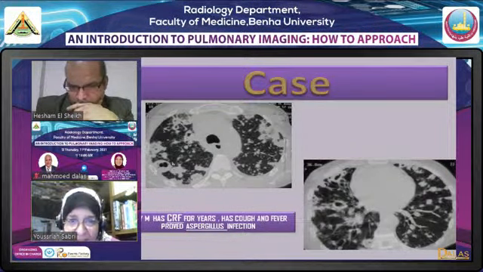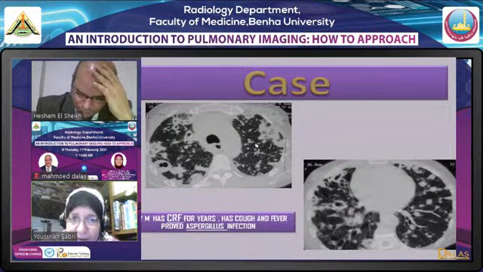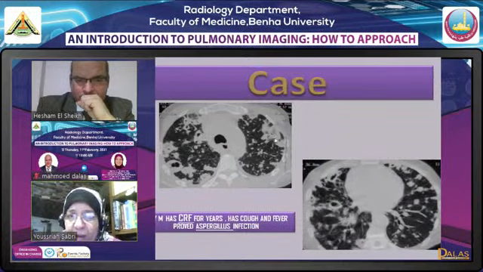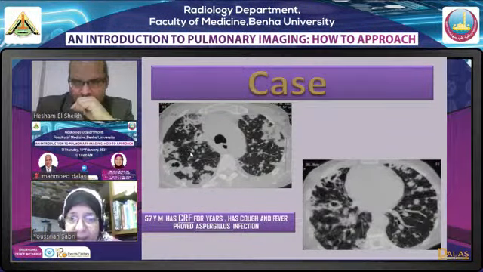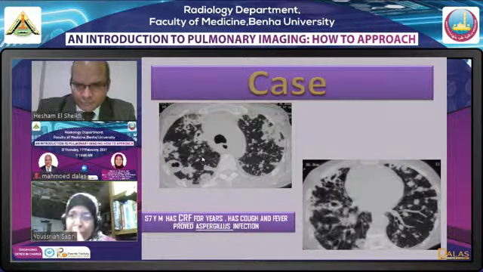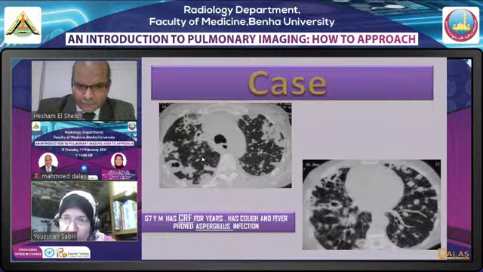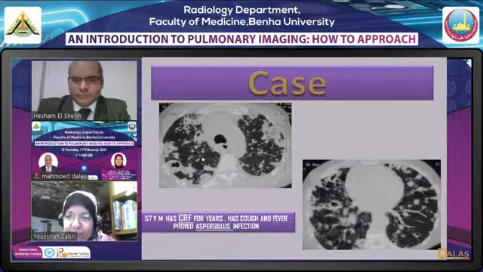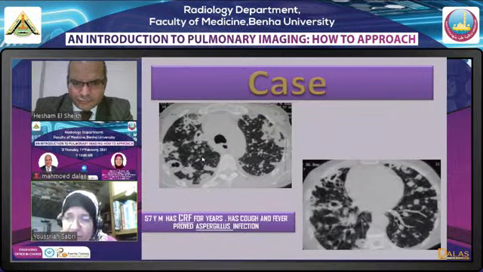ده منظر كافيتي شكلها غريب، ومنظر ممكن الاقي كمان الريفيرس هيلو ساين ده برضو اتس نوت تيبيكالي. لو بصيتوا هنا على اللنج الشمال هتلاقوا حاجه ممكن تبقى ريفيرس هيلو، يعني دنسيتي اعلى من بره وجوه ريلاتيف جرام جلاس. الكافيتيشنز شكلها كومبلكس على الناحيه اليمين في الصوره الفوقانيه، فكل ده مش منظر تيبيكال. المنظر التيبيكال الطبيعي الاقي نودولز او كافيتيتنج نودولز لو هي بلاد بورن انفكشن، او الاقي باتشي برونكونيمونيا سنترال واير برونكوجرام، والكلام ده لو هي ايربون. لكن الاقي كومبلكس كافيتيشن وريفرس هيلو والاقي نودول شكلها irregular وبيزار، كل ده مع ان انا هفكر في ان ده